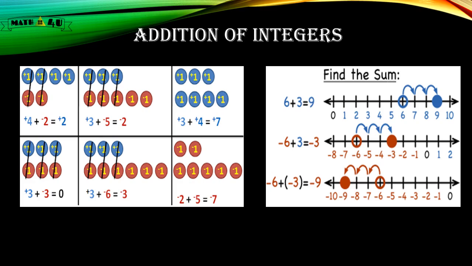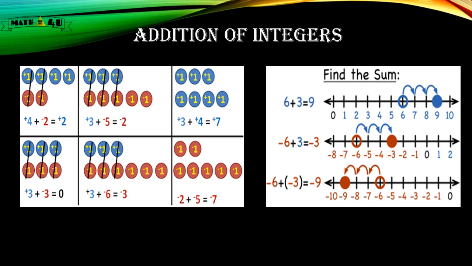Next, when a negative number is added with a positive number, you have to subtract and the answer takes the greater number's sign. For example, +4 added to -2 is equal to +2. 4 is a positive number, 2 is a negative number. When you add these two, you have to subtract. 4 minus 2 equals 2. Here 4 is bigger, so the answer is positive.